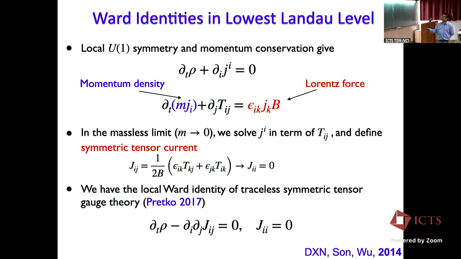After you calculate the current in terms of the stress tensor, you plug it back into the upper equation. You have the following form, such that J_ij is written in terms of the stress tensor. It's very straightforward to show this conservation. And because of this explicit form, the J_ii here is also zero by just explicit calculation. So here I showed you how to use field theory to show that we have the symmetry that we expect.